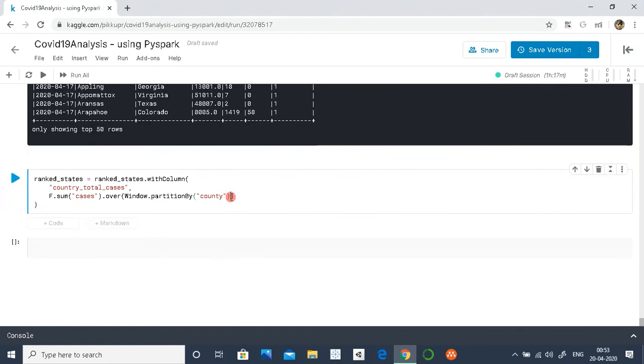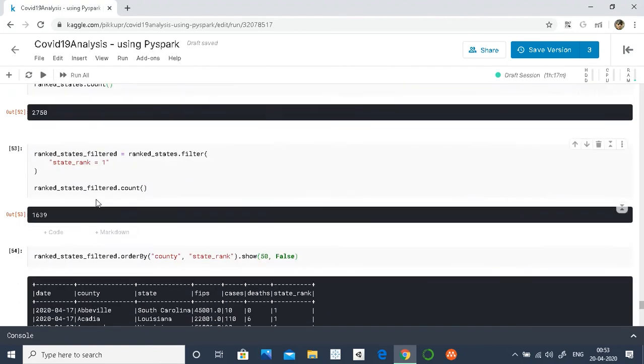But now we are not going to give any order by condition, because we are just partitioning our data for each county, separating the data for each county, and then just taking the sum of column cases for each of those counties separately. So that's all for this part.